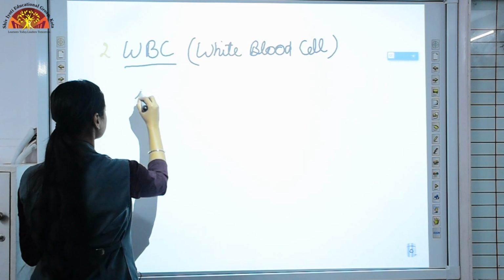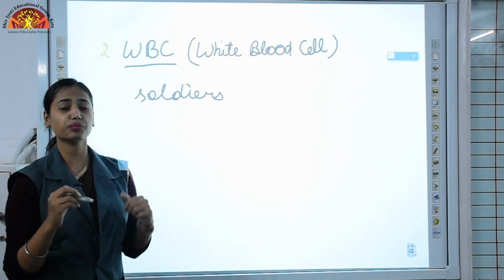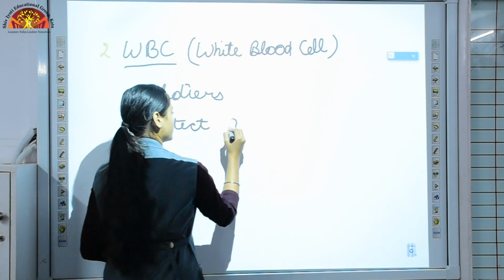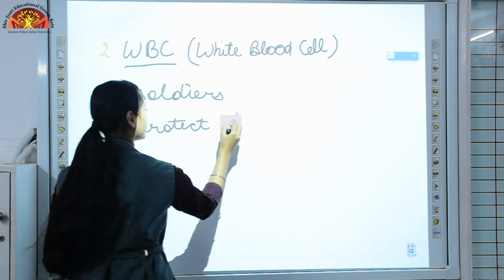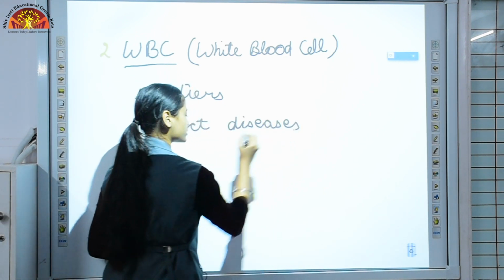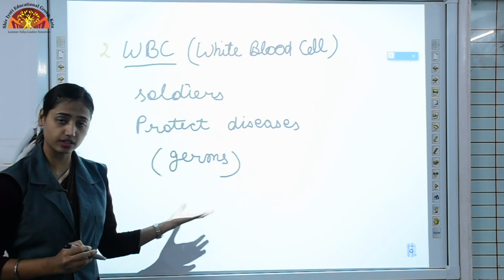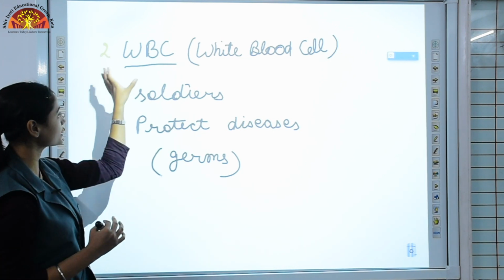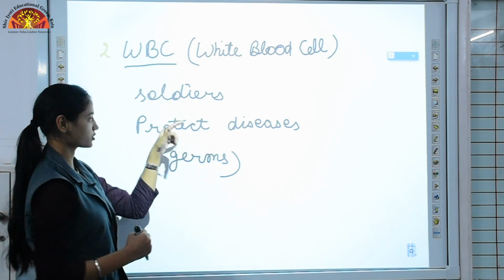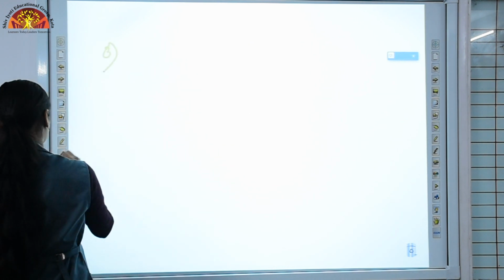Similarly, WBCs are soldiers of our body because they protect us from the diseases which are caused by germs. Here, who is our enemy? Germs, the microbes which enter our bodies. So these WBCs destroy and kill those germs, and they protect us from the disease caused by these microorganisms. Then the third part is